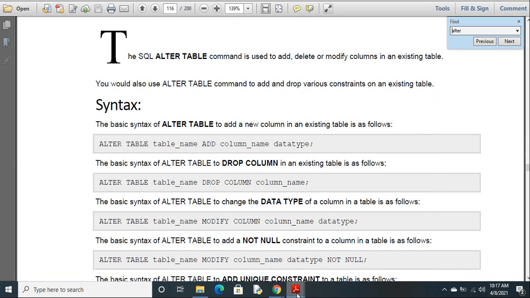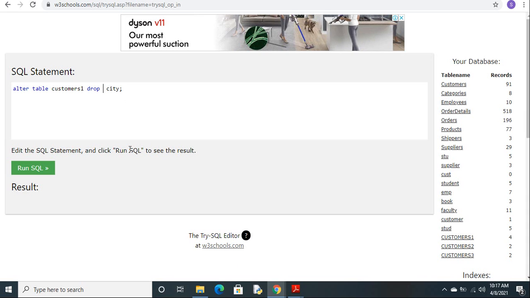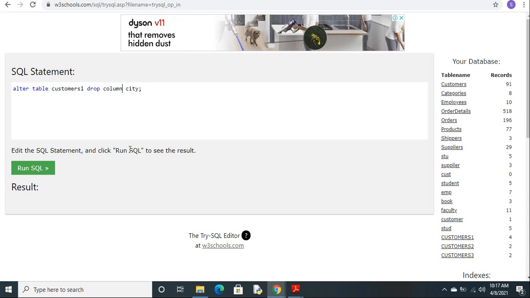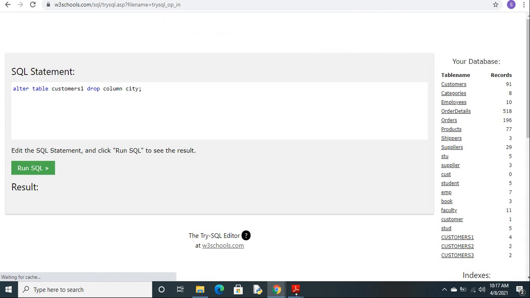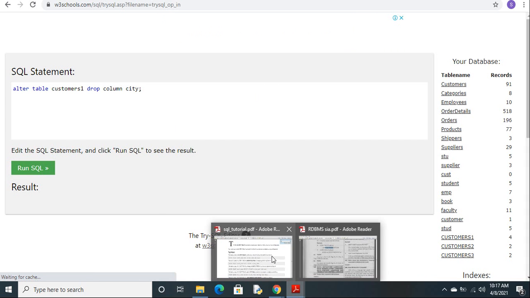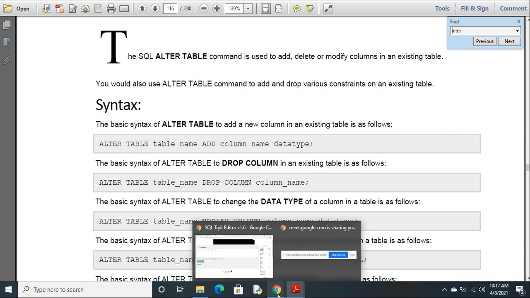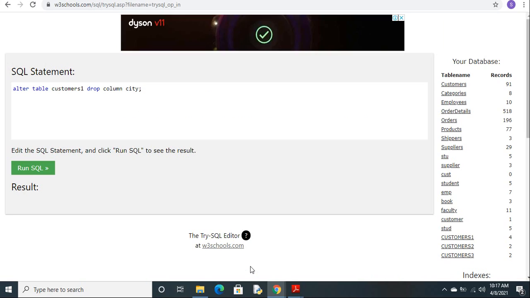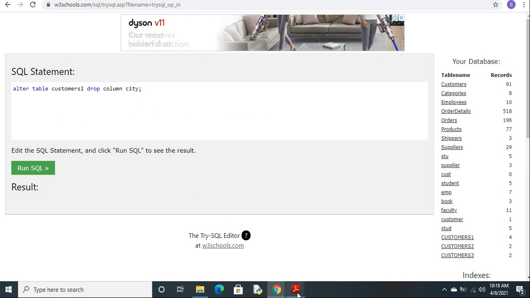Drop column name. Alter table name, drop column name.